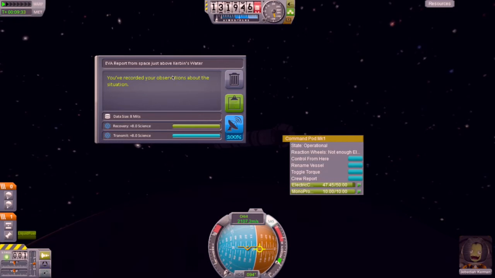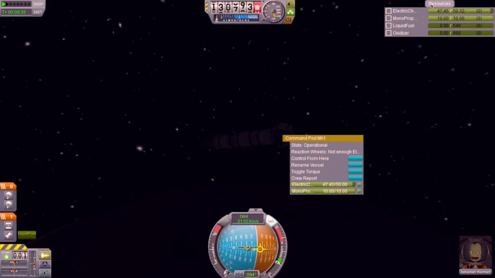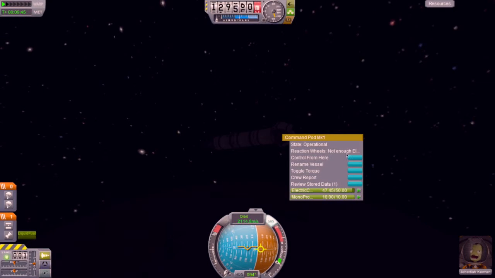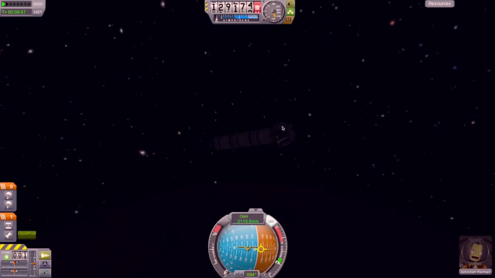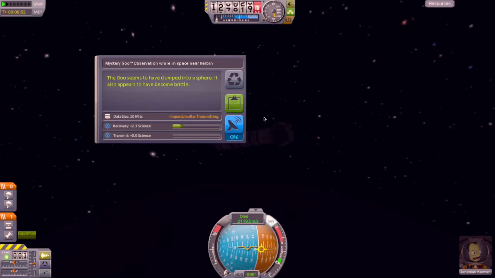from space just above Kerbin's waters. So very nice. Keep that. I could transmit it for 100%, but I have got enough electricity. Oh, why did I say that? Yeah, because it says not enough electricity for some reason. But anyway, because I'm above water, I'm gonna get different results, which means I could get a couple of, oh